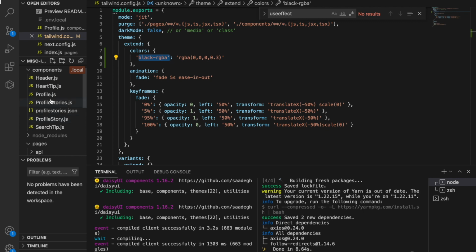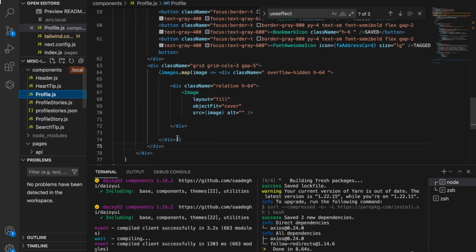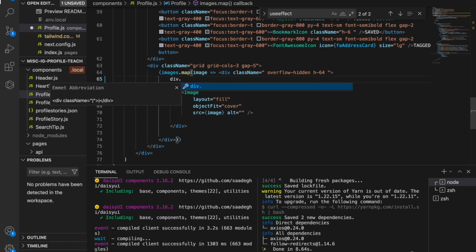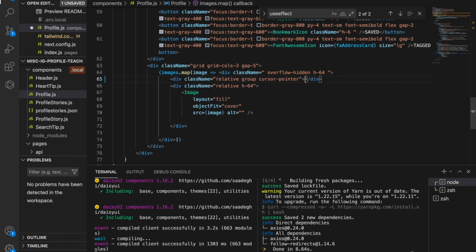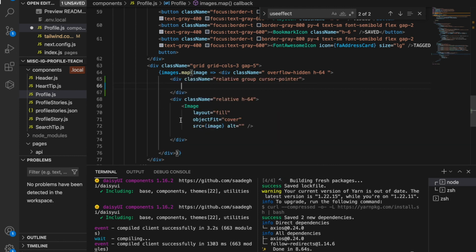so we can use this in the profile.js. So we go back to the profile.js, and on top of this we create another div, and we use the relative class, and group. The group is a custom name, which is used to trigger another element later. So we create this div, and we put all of these inside the div,